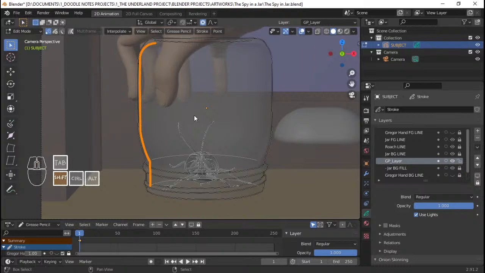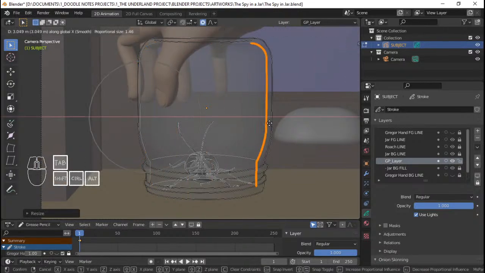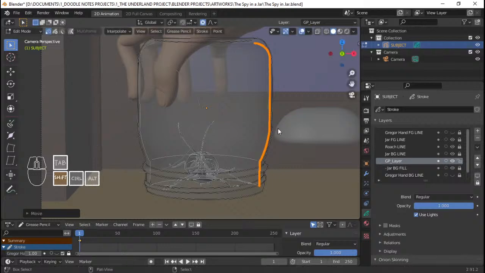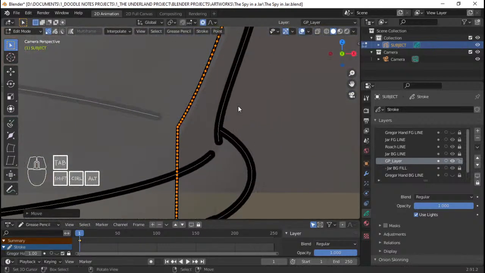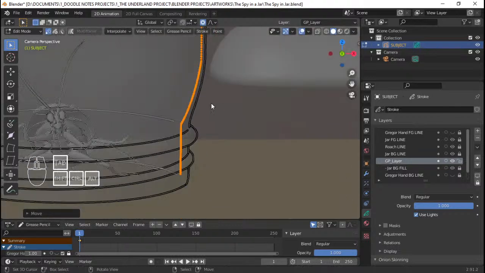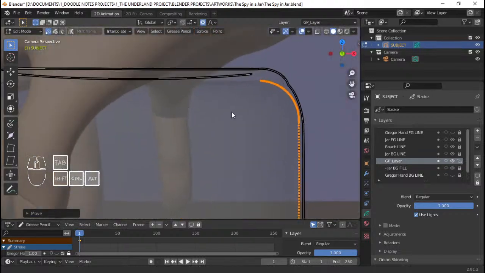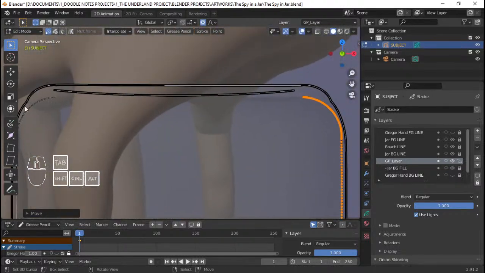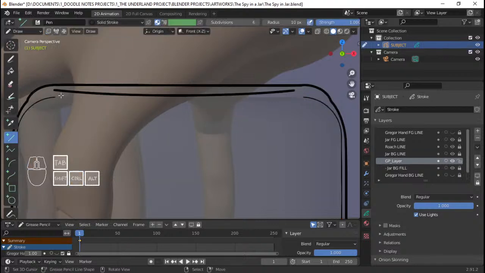I'm gonna Shift D this, S X -1, just to mirror it and put it on the other side so we don't have to do the whole thing over again. Because this is a symmetrical object, you can just do something like that, like a mirror modifier, but not really, because we don't really need a mirror modifier for this one.